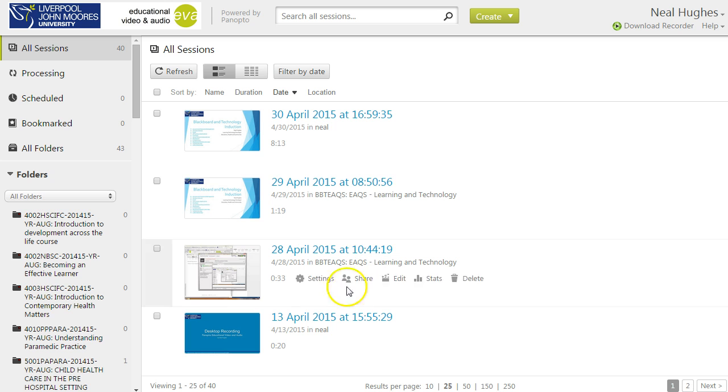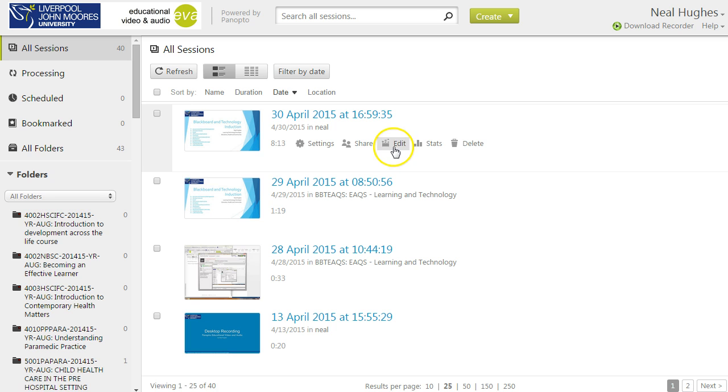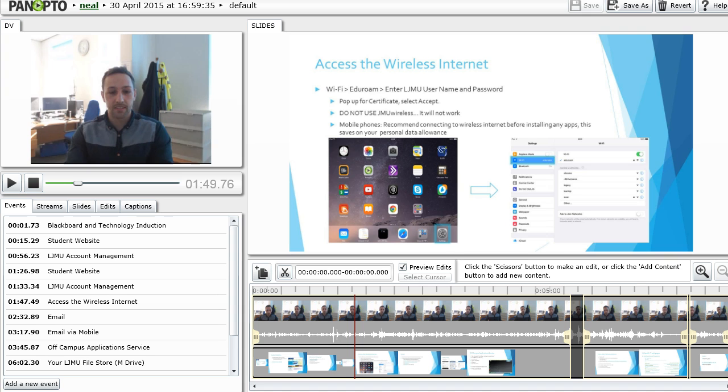edit mode. So if you're within the Panopto server and you can view all your sessions, you can select the session from the All Sessions page, or alternatively you can select a folder that you are linked to, click into that and then access the recording that way. You can simply click on the edit button and that will open the recording in edit mode in a new tab, or if you copy and paste the link into your browser, it will automatically open the recording into edit